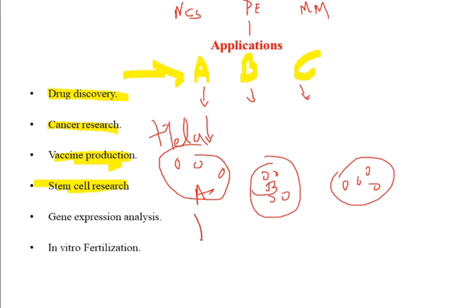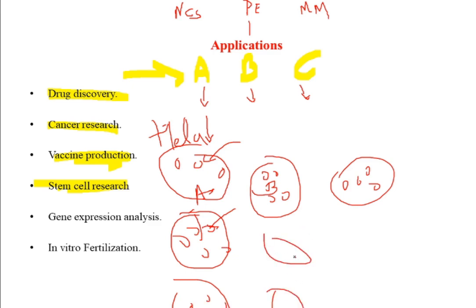And then you will add different concentrations of chemical A. In various experiments you will try different concentrations of chemical A, and you will see the effect of those chemicals on the growth of these HeLa cell lines. Similarly, you will study different concentrations of chemical B. What is the optimum concentration, if it is really anti-cancerous? Then similarly for C, right?